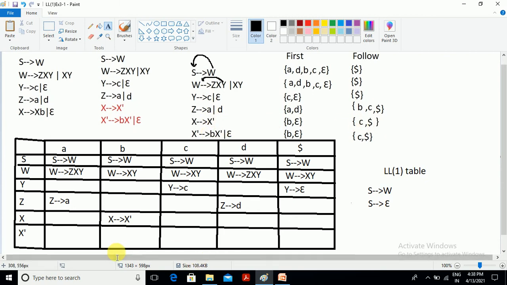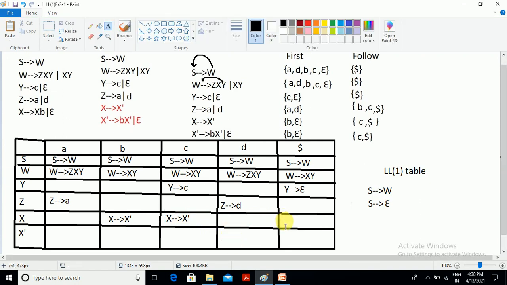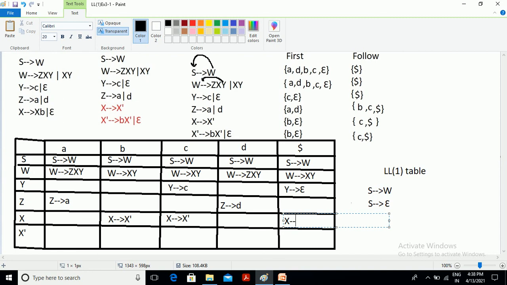In place of C comma dollar, we need to write X derives X dash in their follow set, because one of the first set is epsilon. In their follows we need to write the corresponding production, but this production is X dash only. X dash only is created for X derives X dash.